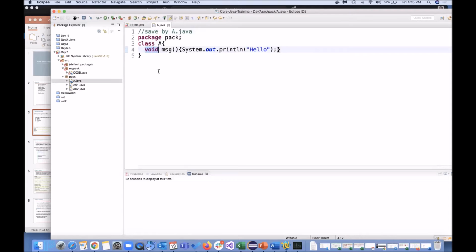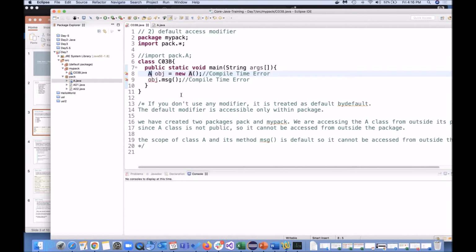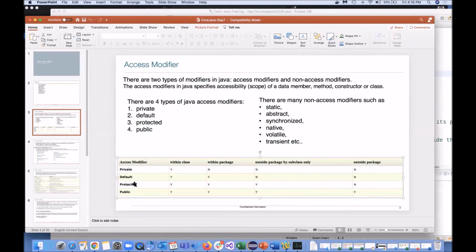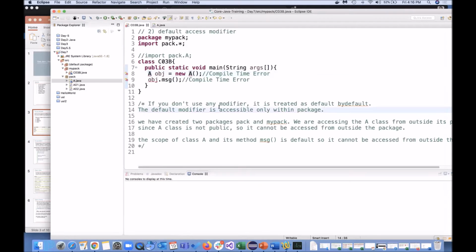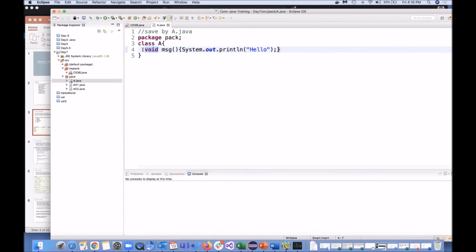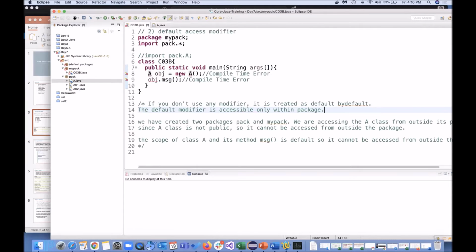We have not defined whether it is private, protected, or public. So by default, it is considered as default. So for the default access modifier also, you cannot access outside the package. See, for default also, no and no is there. And if you don't use any modifier, by default your compiler will add the keyword default here. Your compiler is going to add the keyword default if we are not writing.